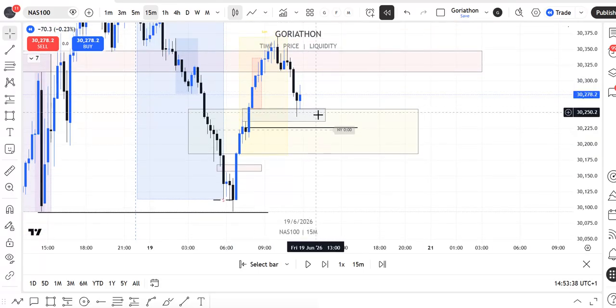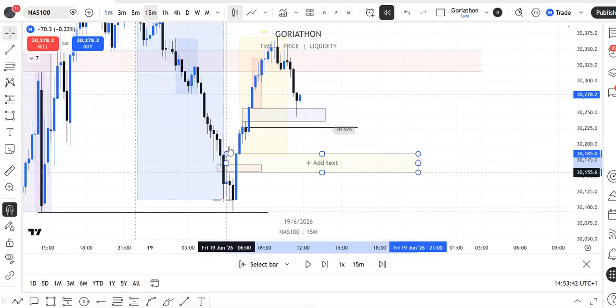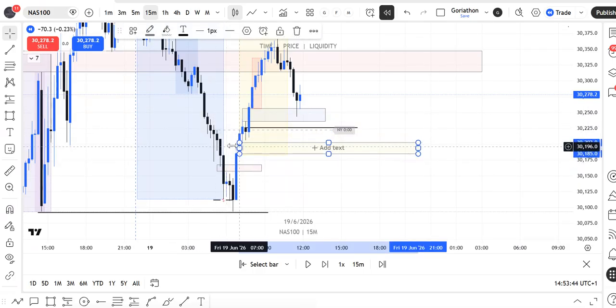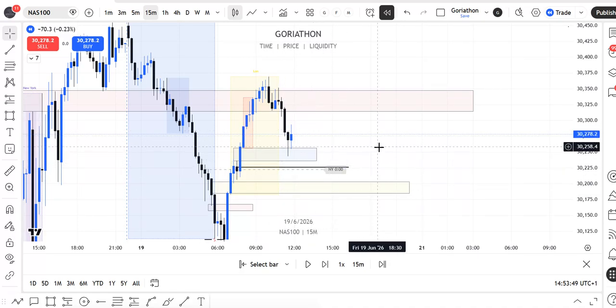That is also a 15-minute fair value gap over here, right? Is price making a false pullback? What's it trying to do? There is also, so I'm just going to refine this over here as well. It's key levels over here as well. So is price trying to sweep this liquidity and then go up on New York mid open? Now we just need to be patient